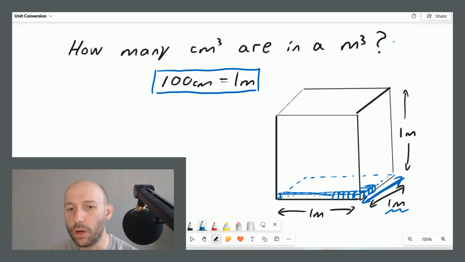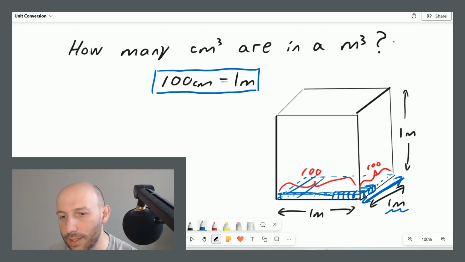So a single row contains 100 cubic centimeters, and we have 100 of those rows just to form the floor, right? 100 cubic centimeters in a row, and 100 of these rows just to fill the floor, okay? So the entire floor space here is going to have 100 times 100